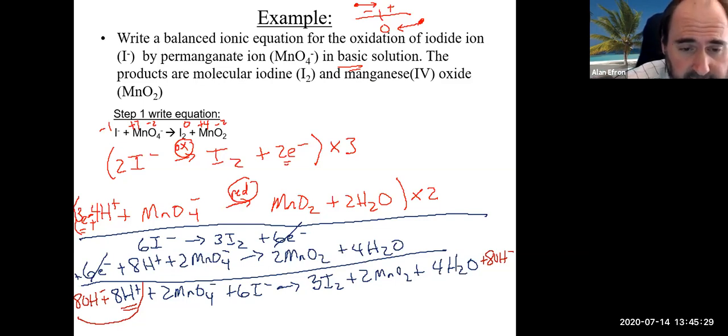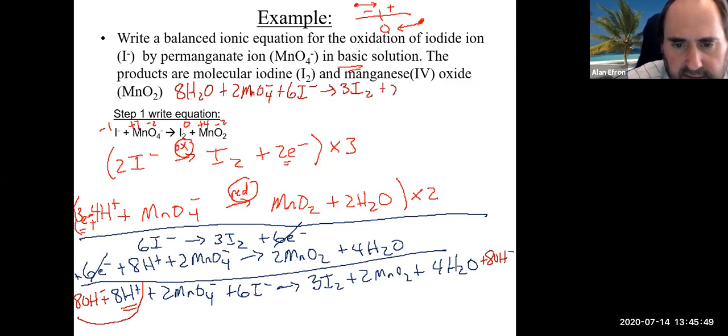And what I'll do, I'll just write up here since I have a little bit more room. So those guys are going to combine to make 8 waters plus 2 MnO4 minus plus 6I minus gives me 3I2 plus 2 MnO2 plus 4 waters and 8 OH minuses. At this point, usually what happens is we will have some waters we could also cancel. So I'm going to get rid of 4 there, and this will now become 4,